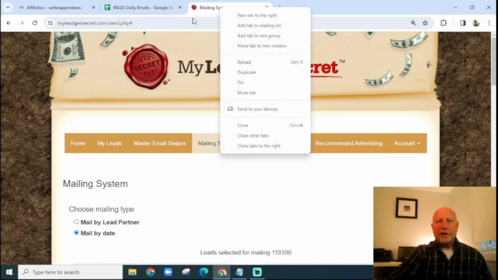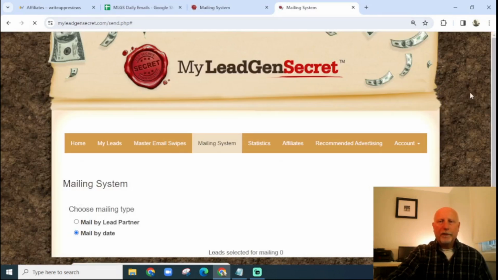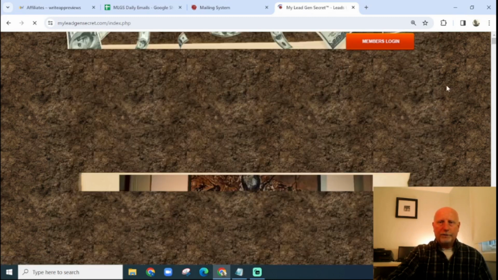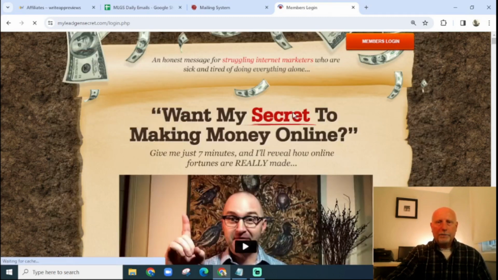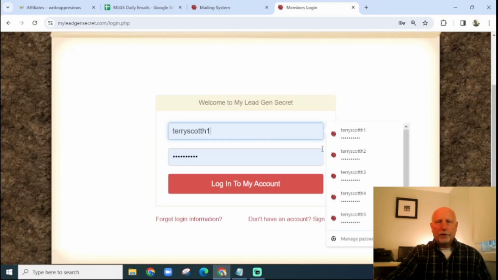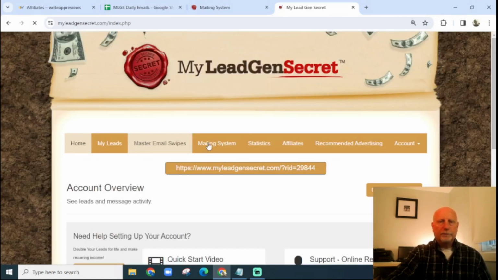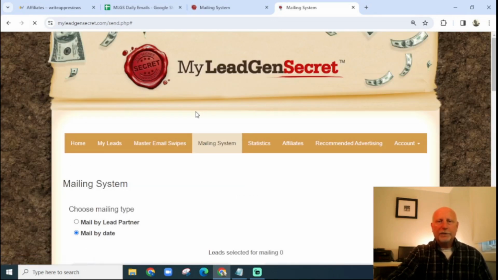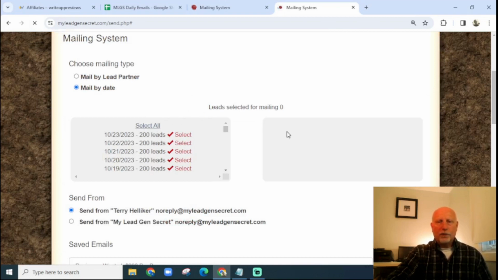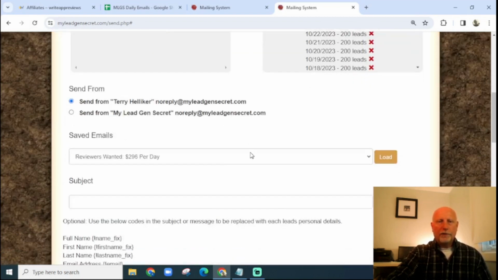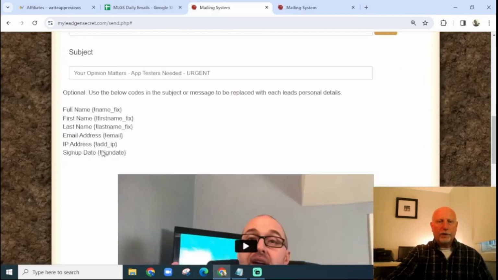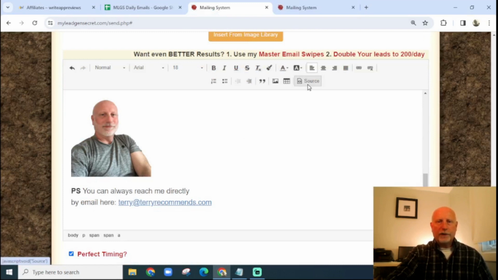Sorry, click on the tab at the top, duplicate, scroll to the top of this tab, and account, log out, log in, choose your next account if you have one, click mailing system, select all your leads, ensure that they move over to the right. There we go. Paste in your subject, come over here, grab your source of this email, so click on source,